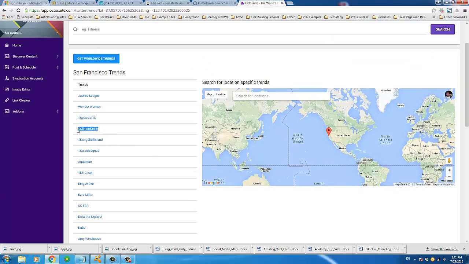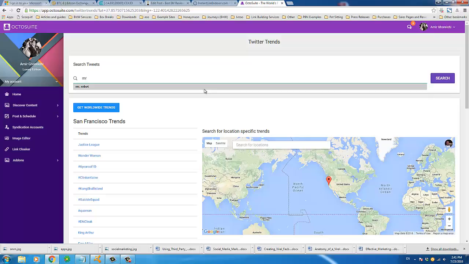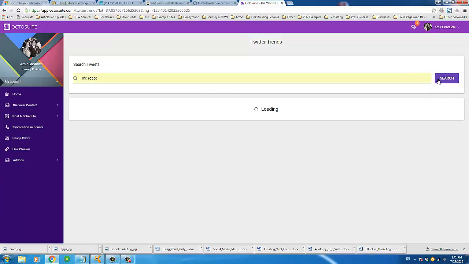Because if you're using a hashtag that's very popular right now and getting a lot of traffic and hits to it, and include that in your post, your post will show up for that hashtag. You see what I mean? Or better yet, if we're using our first example of Mr. Robot and we're looking for related tweets,